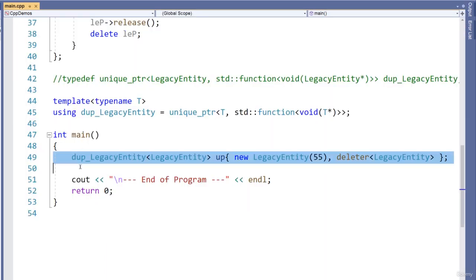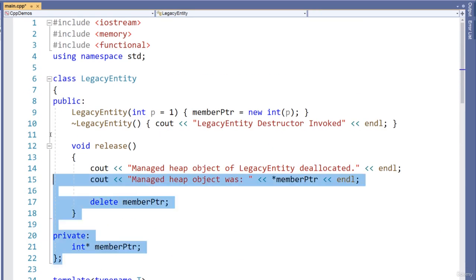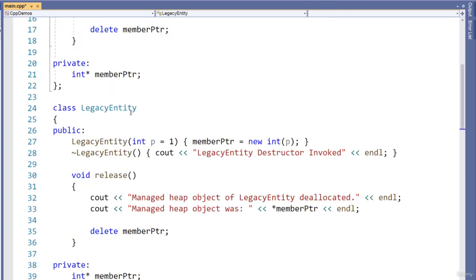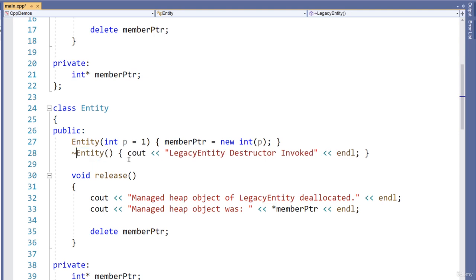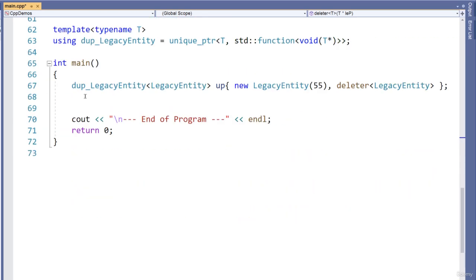But now I can also use that deleter on some other legacy entity, or wherever we need that. For example, if I had another class like this, legacy entity, copy that, paste that down here, and in this case I'll just call it entity. That now also has the release member function. Those need to be the same, otherwise you'll need to go and overload this particular deleter or create another one. But what we can do now is copy that,